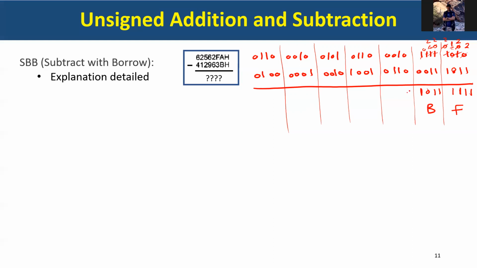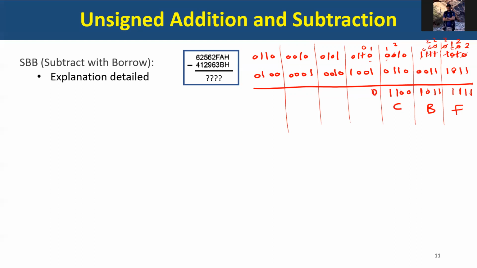Then 0 minus 0 is 0. 1 minus 1 is 0. 0 minus 1 can't be done. So we cannot borrow from this digit, from that one, or from that one. So we're gonna borrow from this guy. This guy will be 0. This guy will be 1 because we're gonna borrow here 1. So it will be 1 again because this one will again borrow. So this will be 2. 2 minus 1 is 1. This becomes 1. 1 minus 0 is 1. That's C. 1 minus 1 is